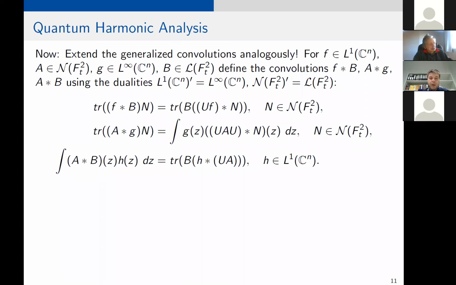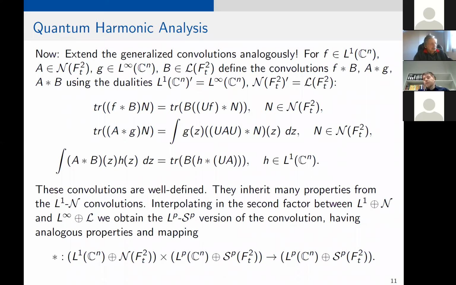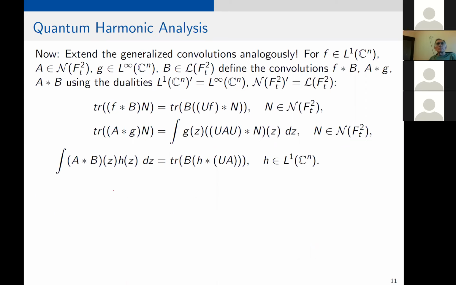So the convolution of f and b is the unique element in the bounded linear operators satisfying this relation, and similarly, the convolution of a and g is defined in terms of a and b. And well, actually this gives you something meaningful, because it inherits a bunch of nice properties from the convolutions we had before, and I don't want to go into the details here. We still have commutativity in the first factor,